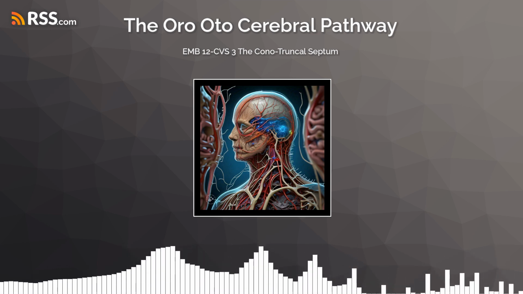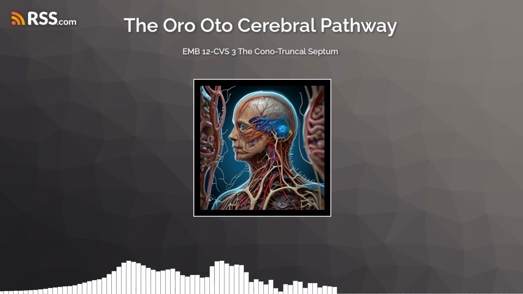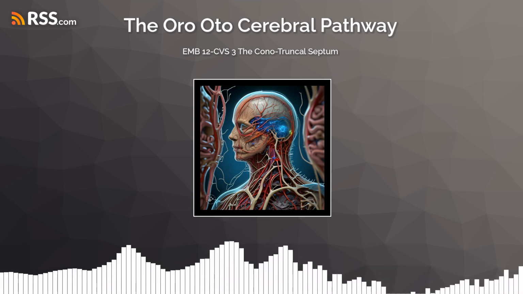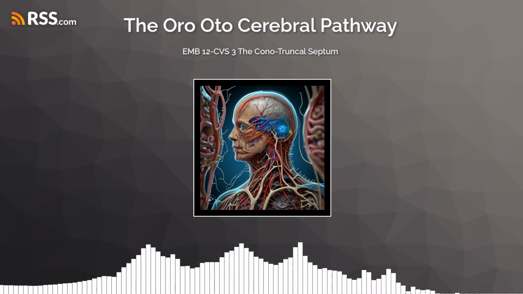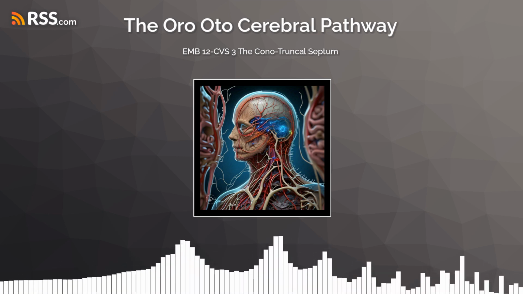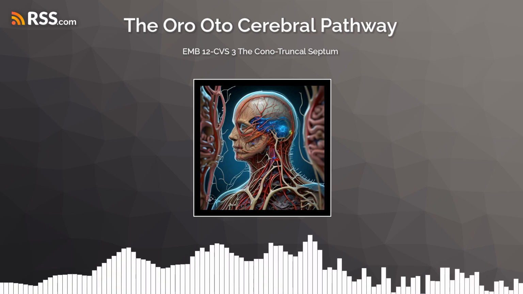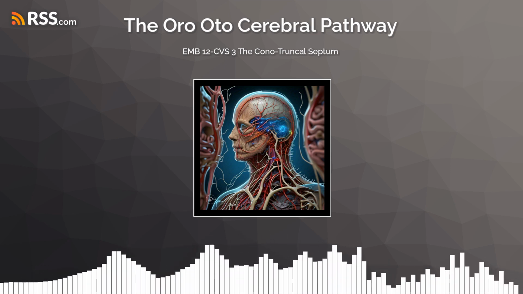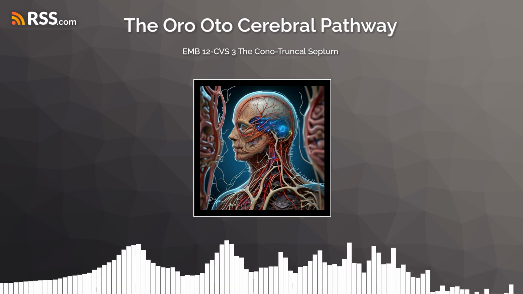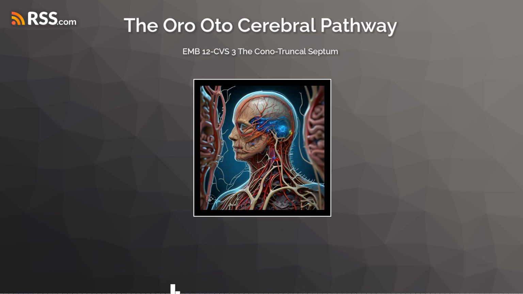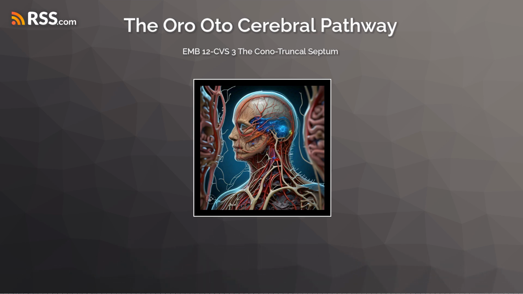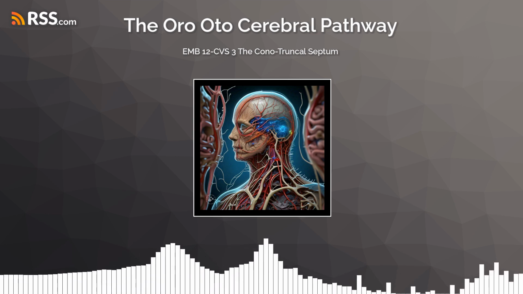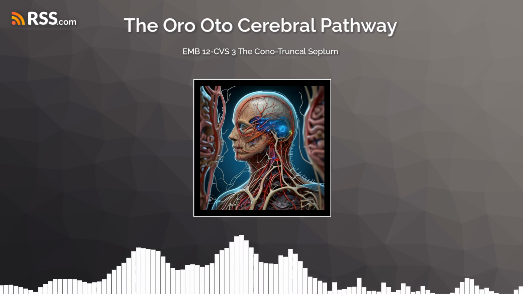And then there is tetralogy of Fallot. This is caused by an abnormal neural crest migration such that there is skewed development of the aorticopulmonary septum. The tetralogy of Fallot results in a condition in which the pulmonary trunk obtains a small diameter and the aorta obtains a larger diameter. Tetralogy of Fallot is characterized by four classic malformations: pulmonary stenosis, right ventricular hypertrophy, overriding aorta, and ventricular septal defect, giving rise to the mnemonic